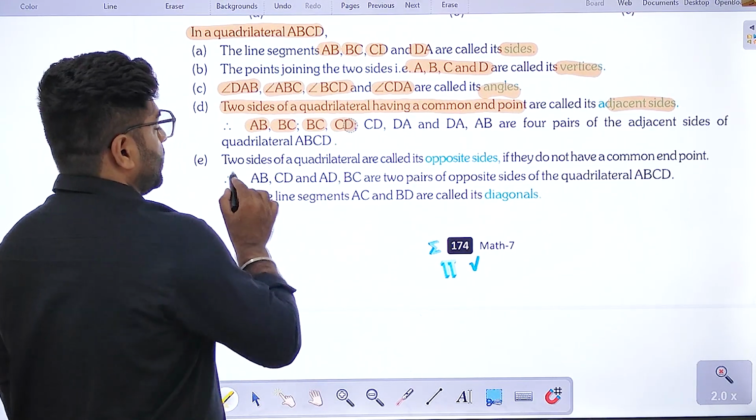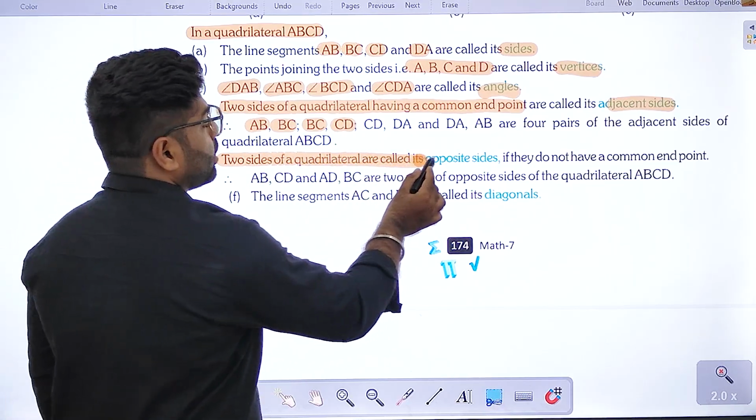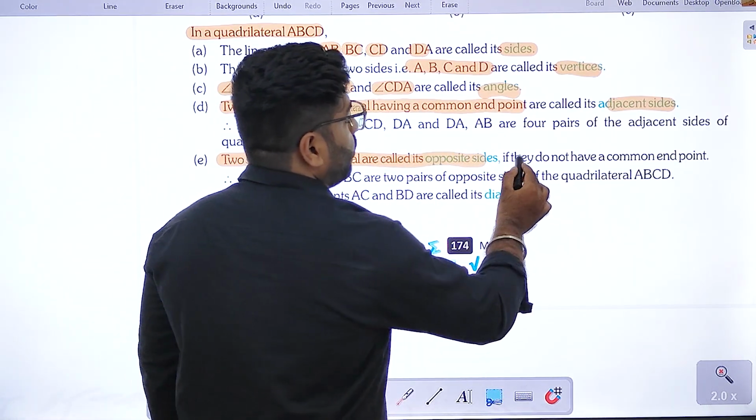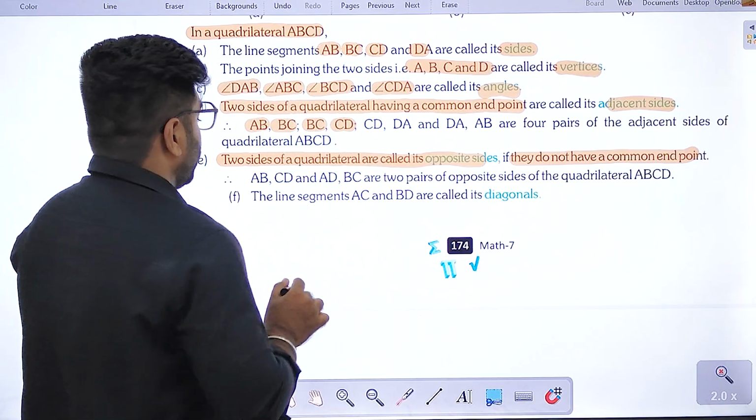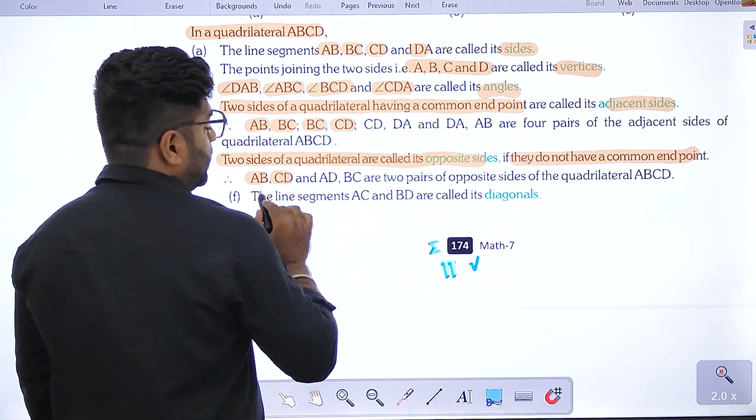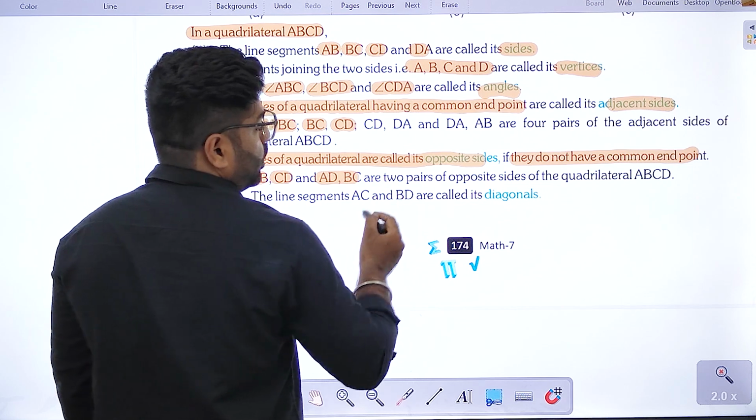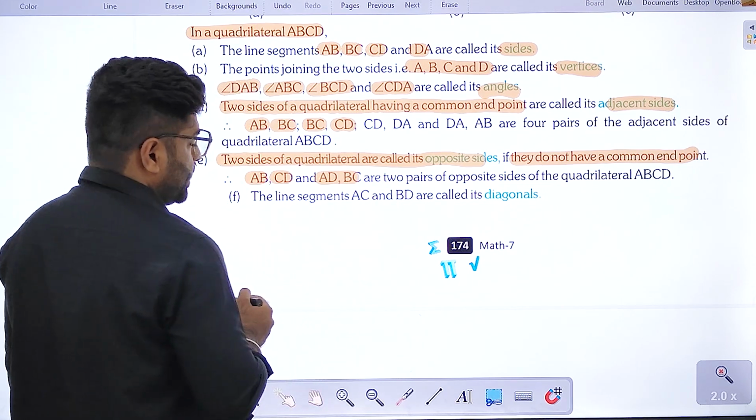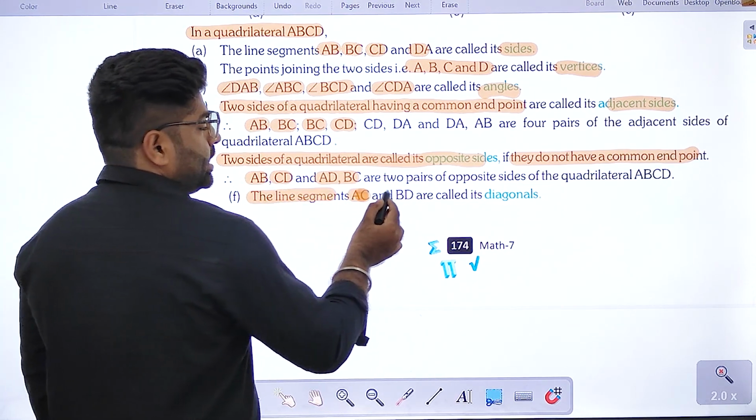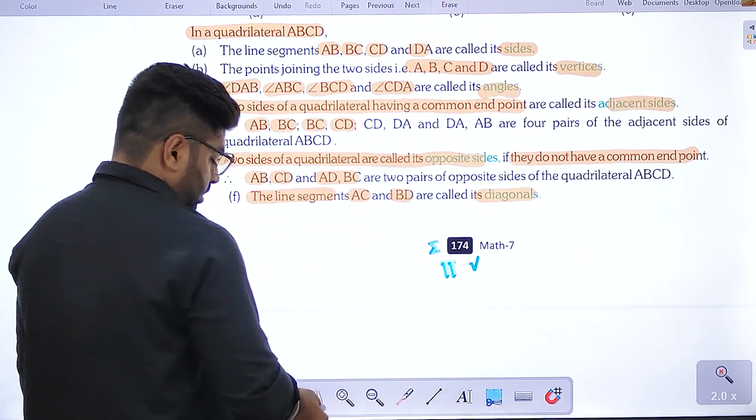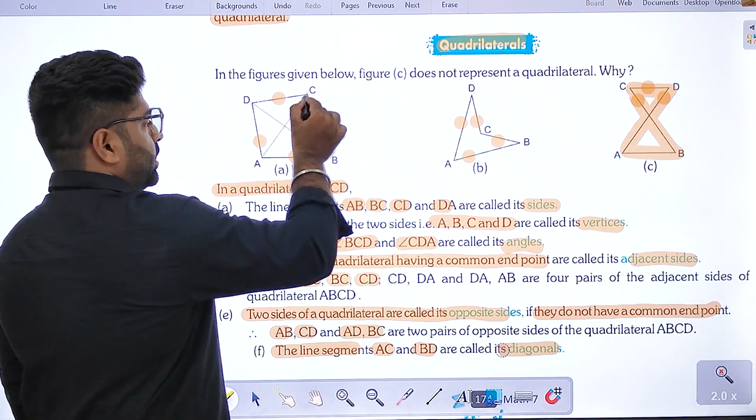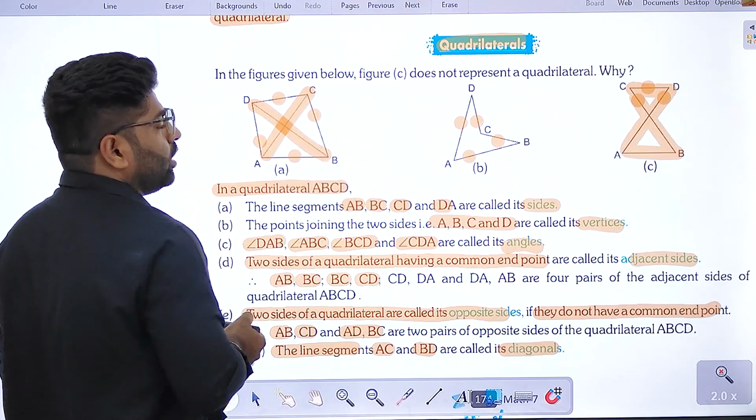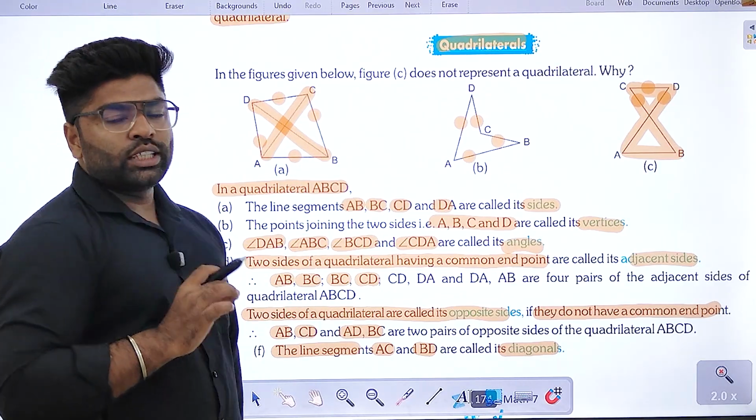Next is opposite sides. Two sides of a quadrilateral are called opposite if they do not have any common endpoint. Okay, so here we are having AB, CD and AD, BC are two pairs of opposite sides of the quadrilateral ABCD, and the line segments AC and BD are the diagonals. So जब भी हम डायगोनल्स की बात करते हैं तो उसमें जो हमारे अपोजिट वर्टिसेस होते हैं उनको हमें ज्वाइन करना होता है, और उनको ज्वाइन करने के बाद जो भी फॉर्म होता है दैट इज आवर डायगोनल।